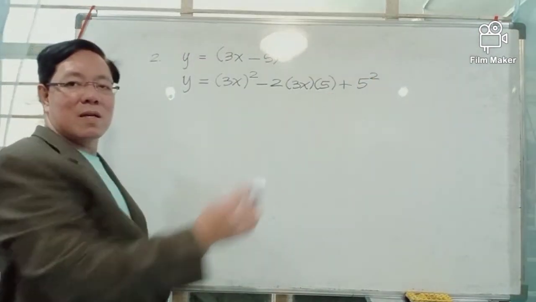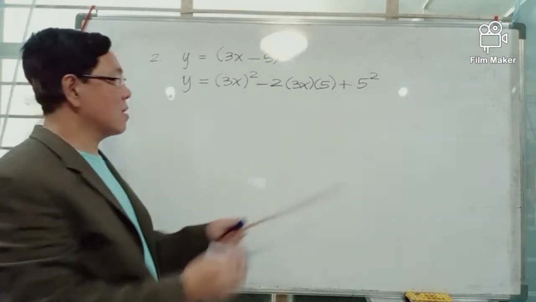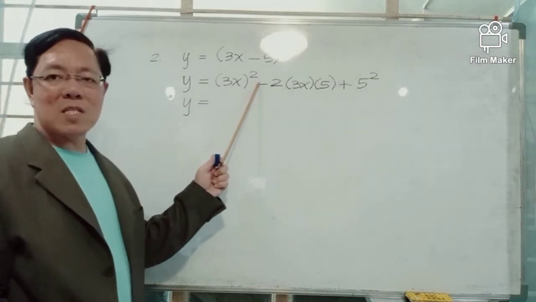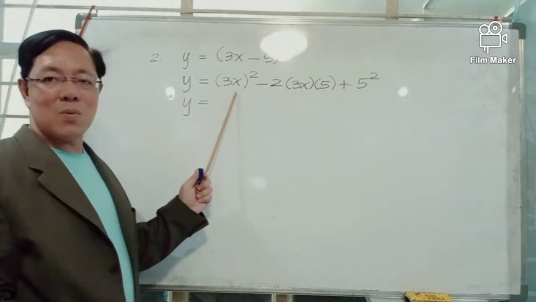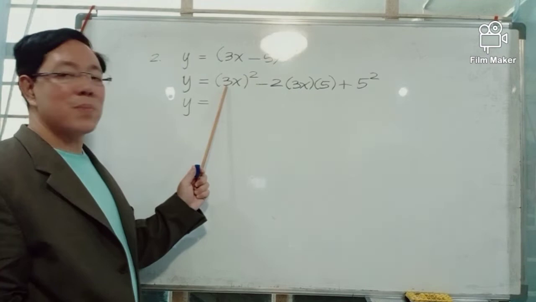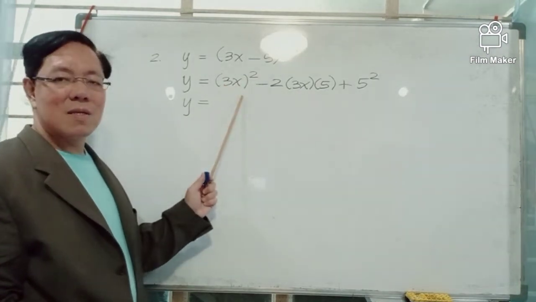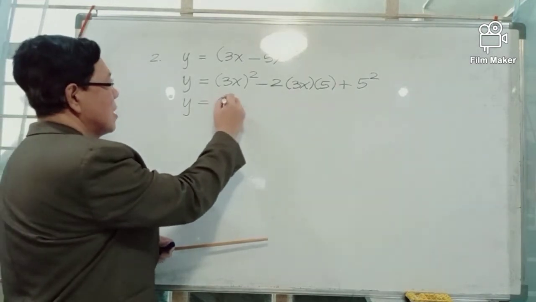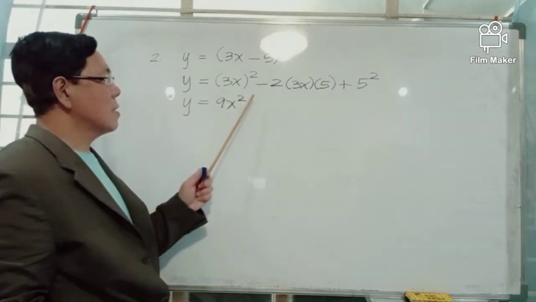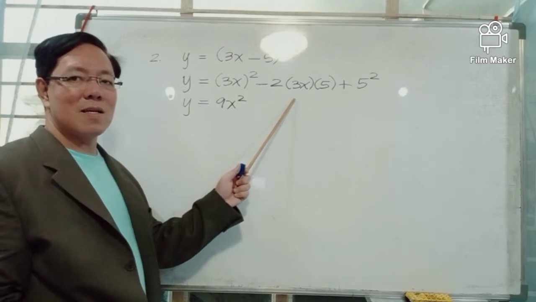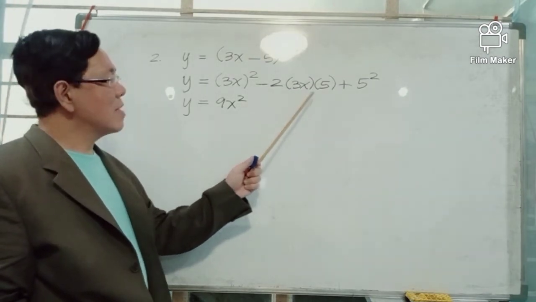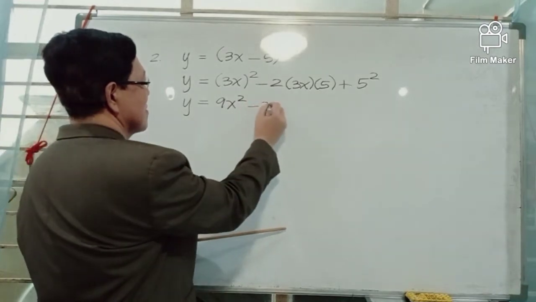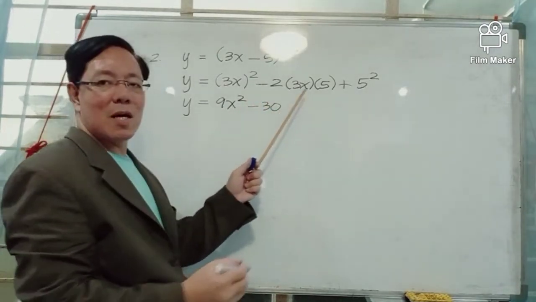We simplify the right hand side. By property of exponent, the square of 3x is equal to the square of 3 multiplied by the square of x. And the square of 3 is 9. 9x squared. Negative 2 by positive 3 is negative 6. Negative 6 by 5 is negative 30. Negative 30x